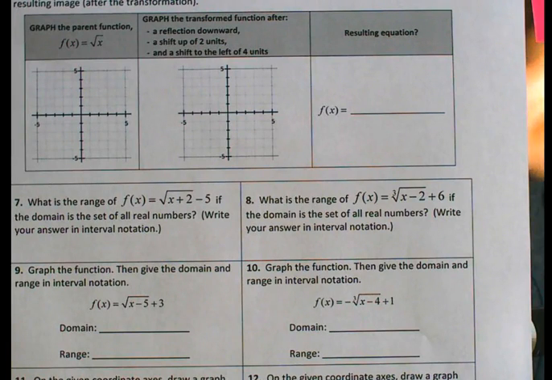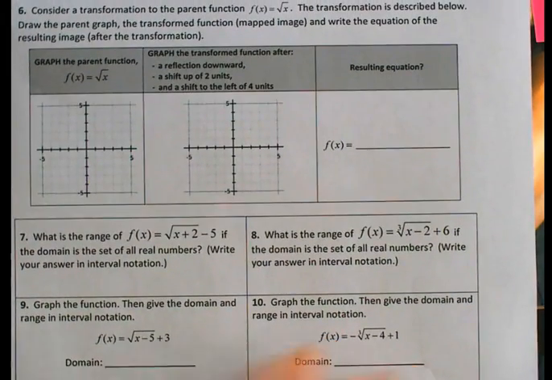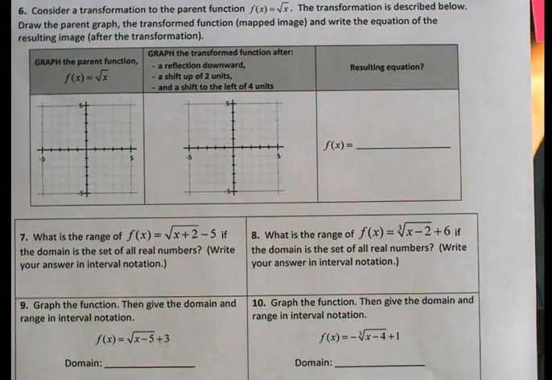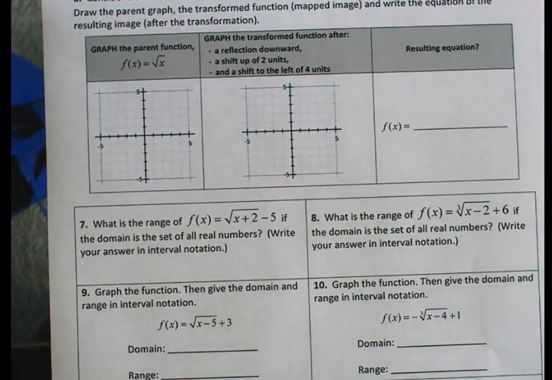Okay, moving on to page 2, number 6. Consider a transformation to the parent function f of x equals the square root of x. The transformation is described below. Draw the parent function and the transform function and write the equation. Okay, so this is kind of what we were doing before, but now we're doing it kind of the other way. All right, so go ahead and graph your parent function